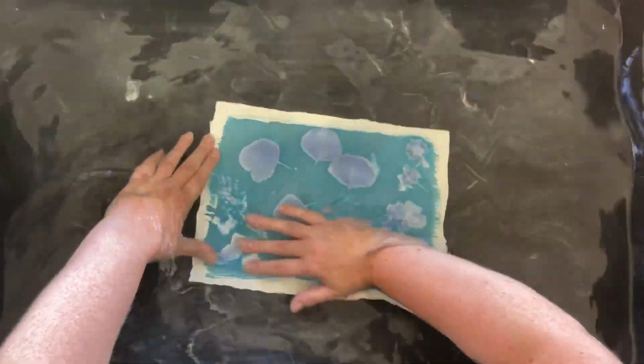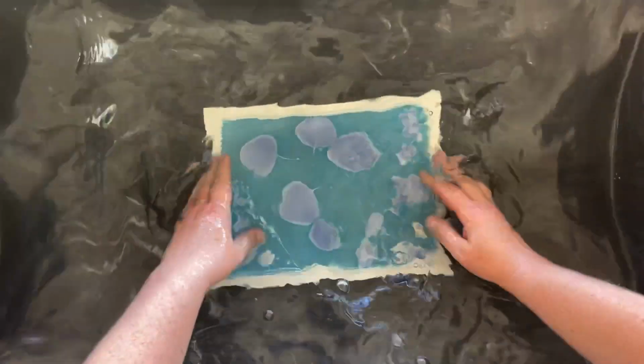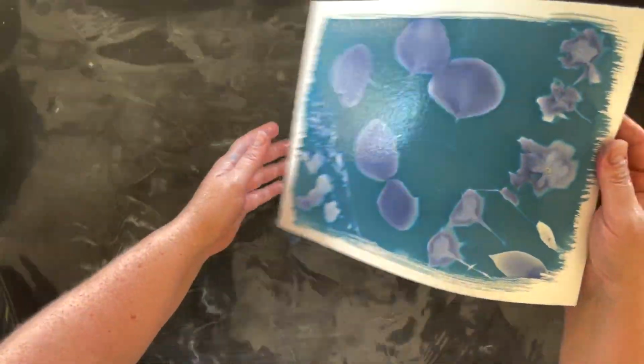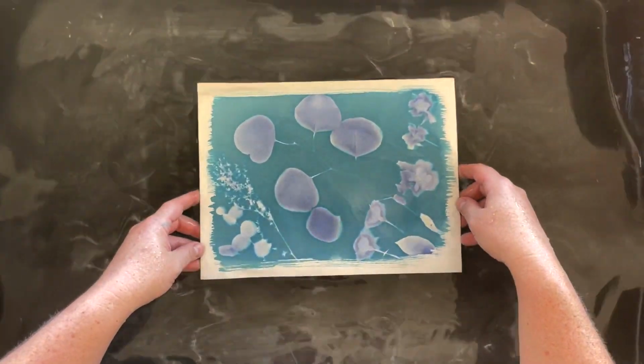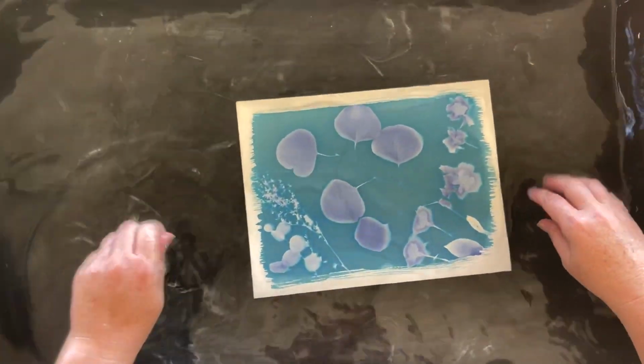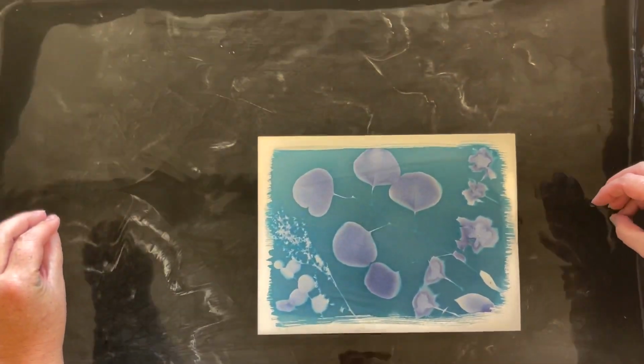So I like to just rub it a little bit just to dislodge anything that is thinking about staying around that doesn't need to. So it's starting to look like this. If we leave it for the next 24 hours, we'll see exactly what it looks like. It's going to develop into its own colors. If we are impatient, which I am,